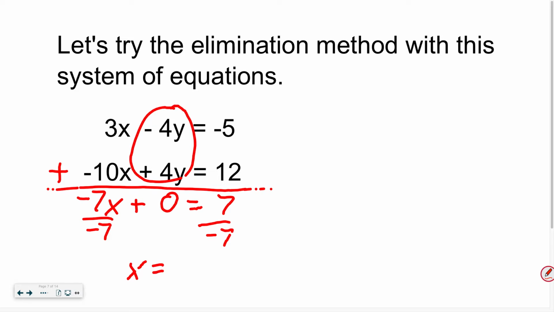So x is? Negative 1. And if x is negative 1, what's y? Because we're not done yet, remember, we need to find the x and the y. The solution to a system is what? Oh, I just said any solution, but you're right. If x is negative 1, y is